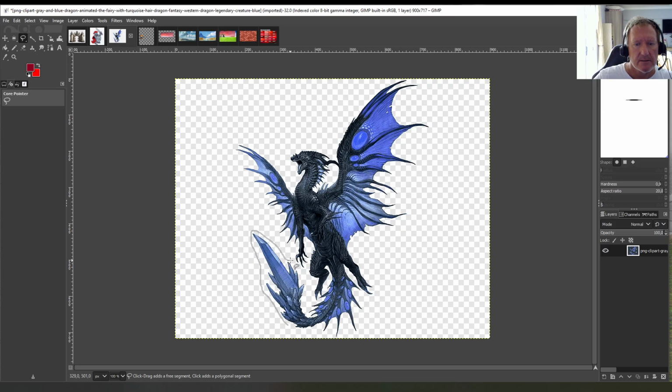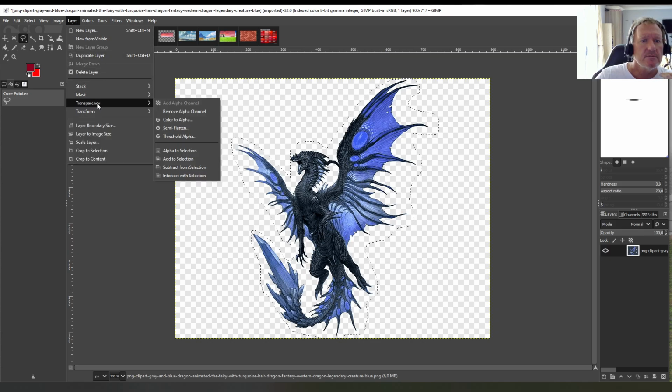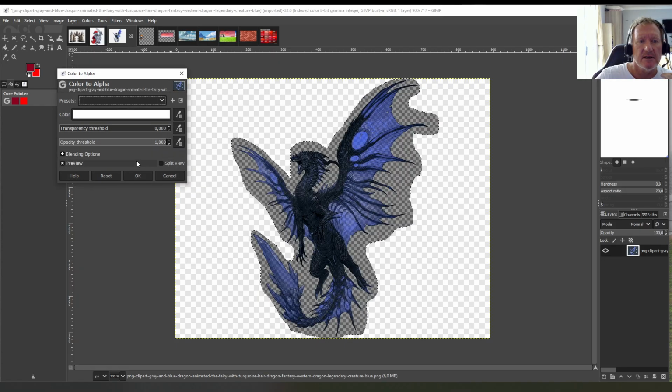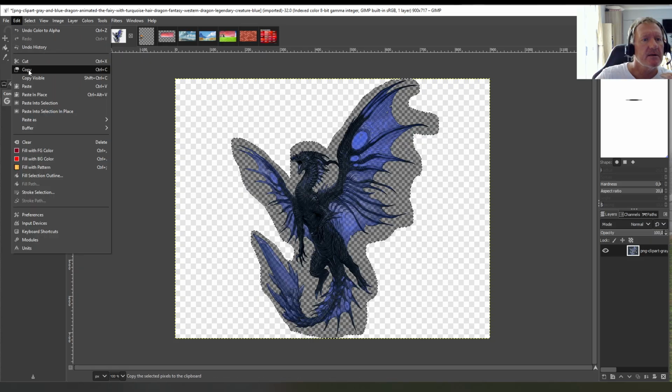So let's just go, I'm using the free select tool again. I'm holding in my mouse button. I'm just going around the outside. Okay, now I'm going to hit enter. So I only want that piece. Layer, transform, transparency. I want to color it to alpha. Okay. Edit, copy,